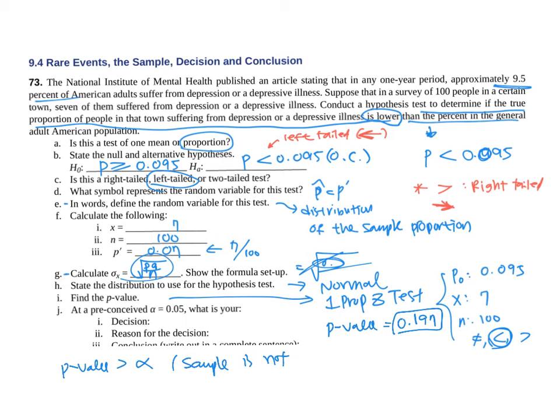Again, unusual means small probability. Our sample had 0.197, which is a big probability. And my decision is I reject things that are unusual. This is not unusual, so fail to reject